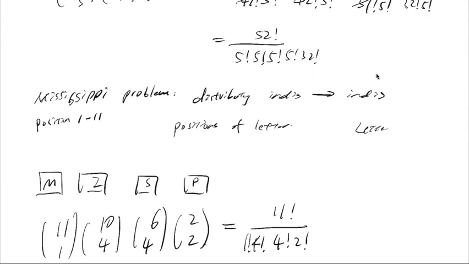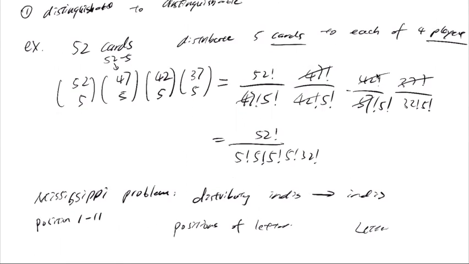Or maybe if you didn't understand why we are doing that, just memorize these two examples that are related to distinguishable to distinguishable. So if in the test there's a problem that is slightly different from this example, you just solve this